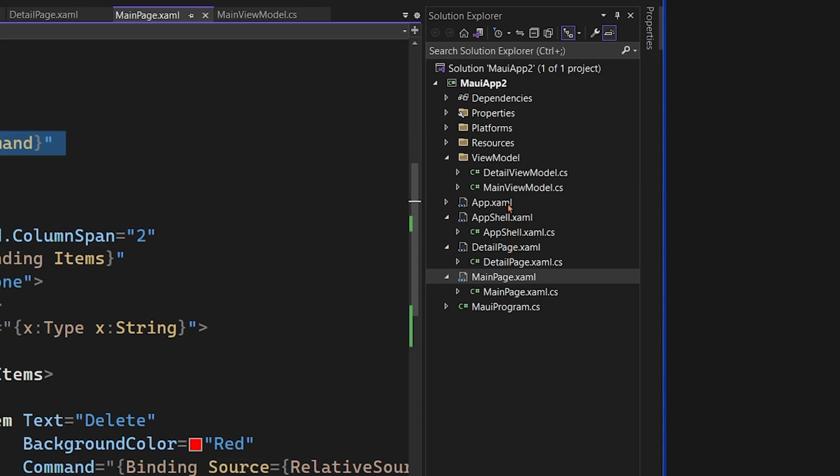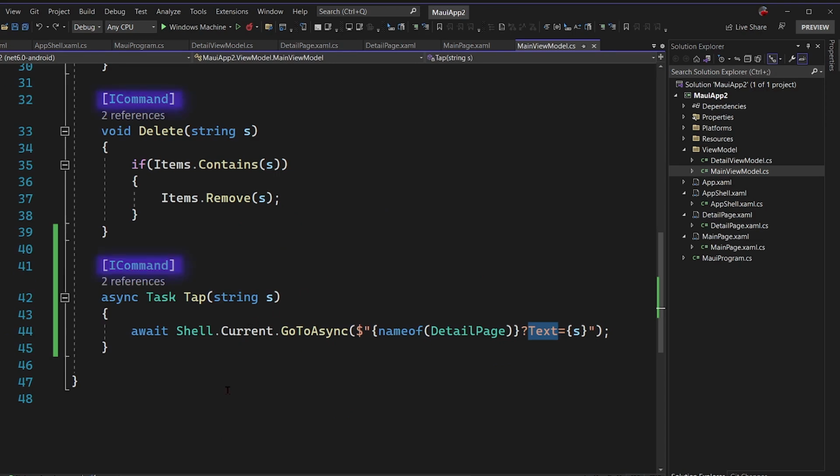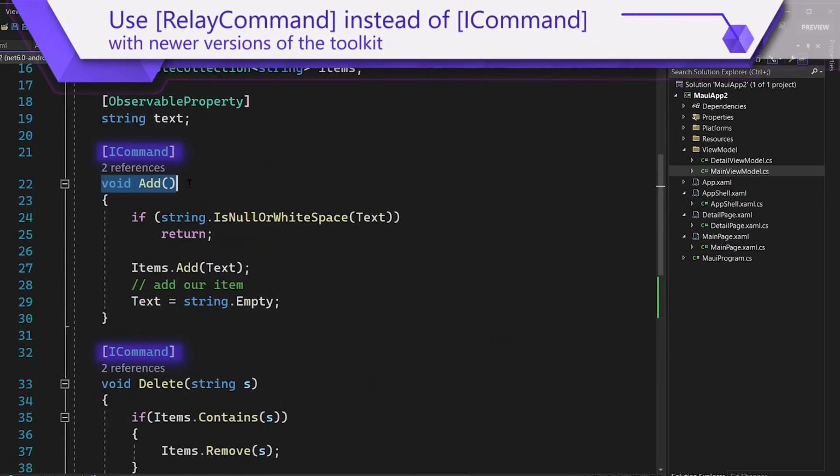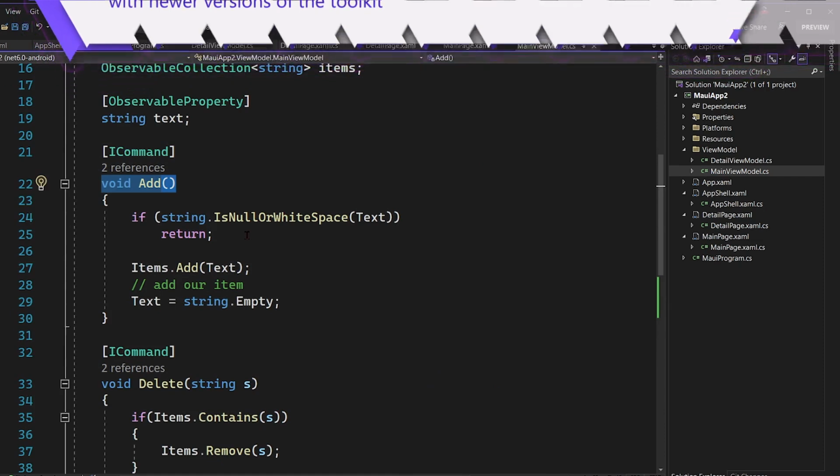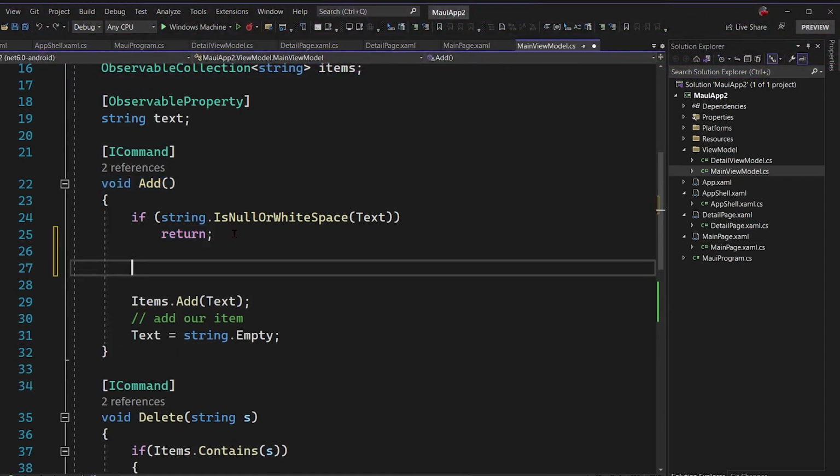Now, if we want to get access specifically to different services or different APIs, there's tons that are built into .NET MAUI itself. So for example, let's say we go up to the add command here. What we maybe want to be able to do is check internet here. So I can come in and say